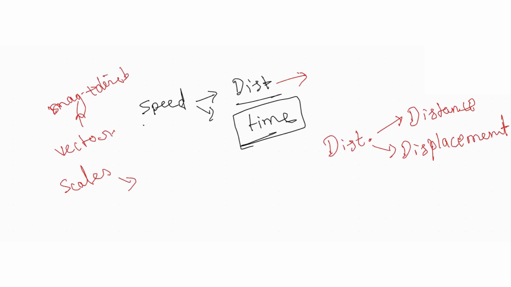So I'm 20 kg. Is it a vector quantity or a scalar quantity? It's scalar, because our weight doesn't have direction. You will not say that your weight is 20 kg east or 20 kg west. No, this is scalar. So the difference between distance and displacement: distance is the scalar quantity, correct? Displacement is the vector quantity.